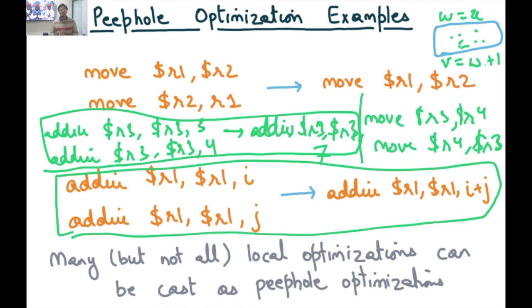So some optimizations lend themselves very well to being represented as peephole optimizations, and some other optimizations are better done algorithmically, like copy propagation as an example, or maybe even common sub-expression elimination. Notice that peephole optimizations, like all other optimizations that we have discussed so far, are also a type of local optimization. So we are really talking about optimizations within a basic block. Although this was the original notion of peephole optimizations, there have been subsequent approaches that have done peephole optimization across basic blocks as well, although in limited scenarios.